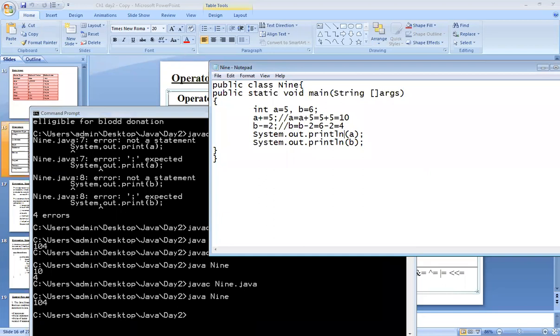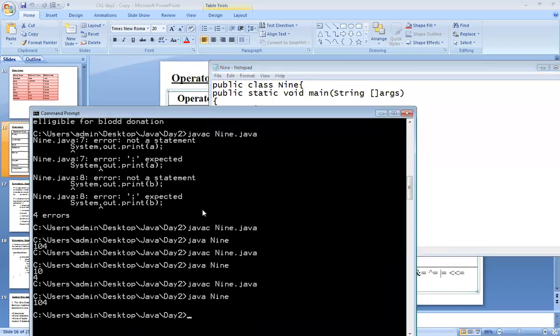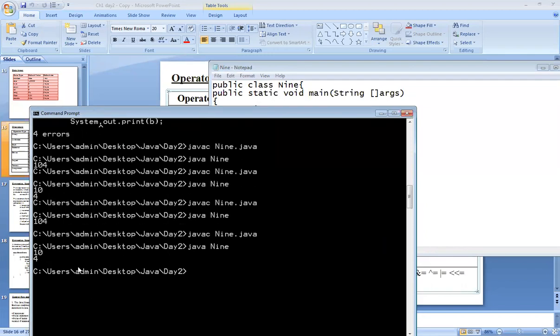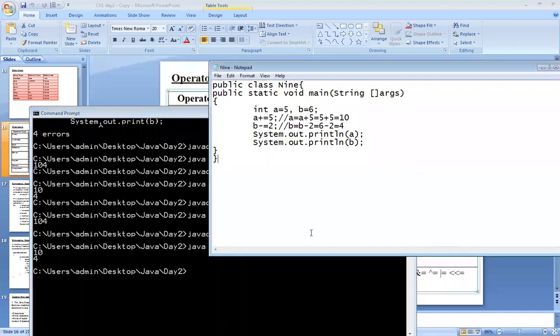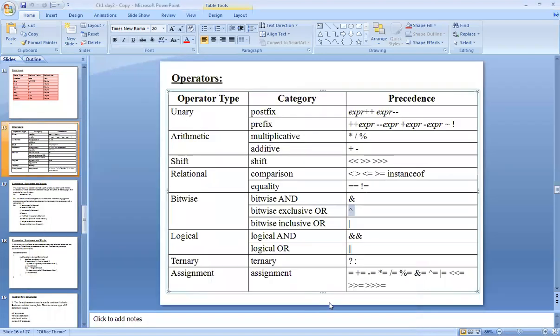Now see, I will write println for both the statements. Now its output will generate on the next line, as well as if this cursor line is also present on the skipping one line. Any queries? No, ma'am. Okay. So this is a simple program for increment and decrement. In same fashion, you can print the values of different assignment operators like this.